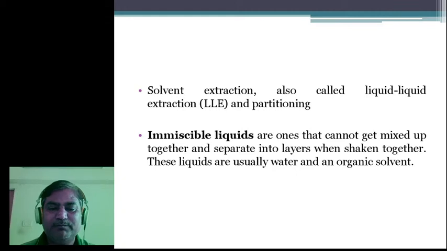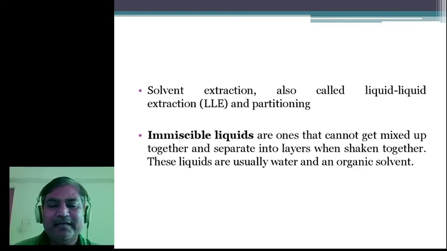In this solvent extraction step we are using two different liquids as solvents. But in the first condition, both these liquids must be immiscible. Is it right? Both these liquids must be immiscible, and these two solvent systems